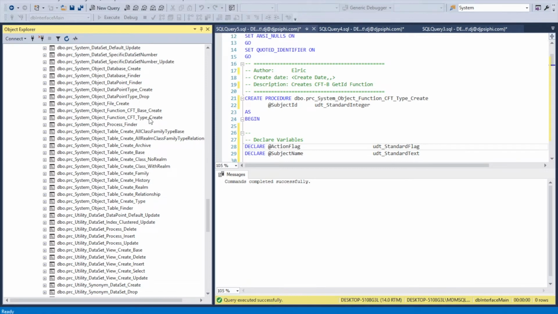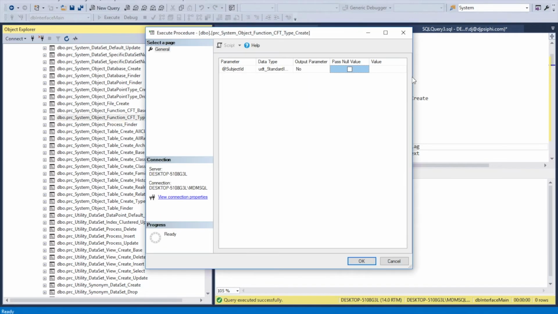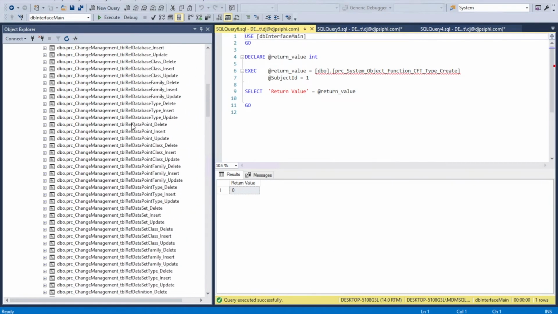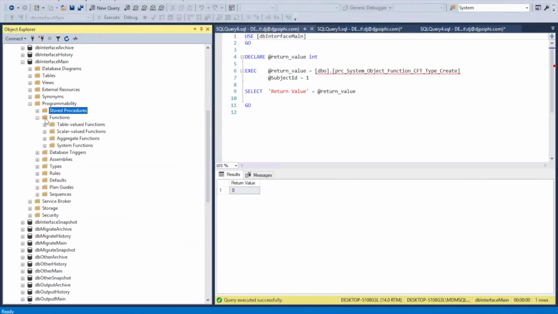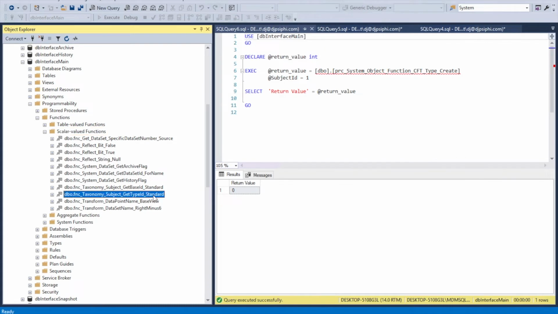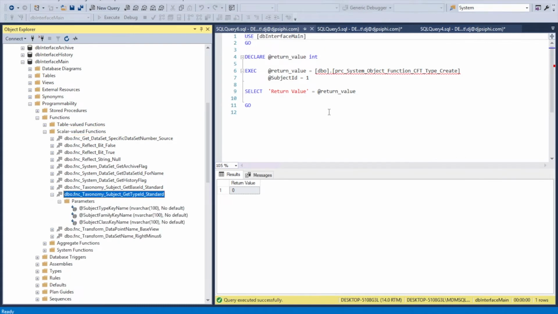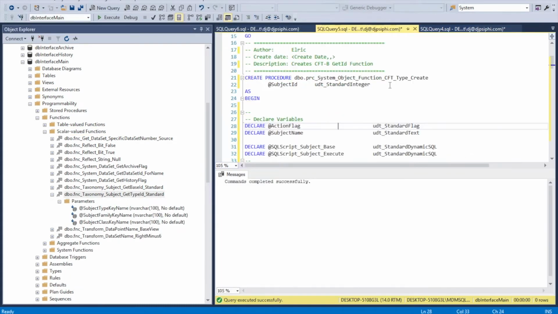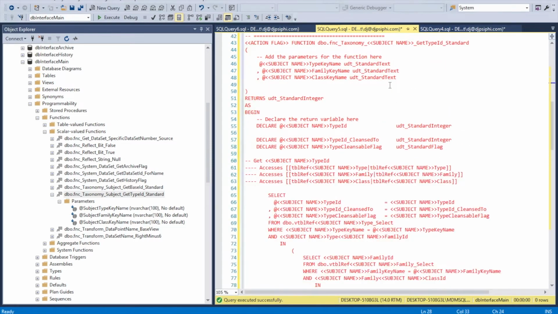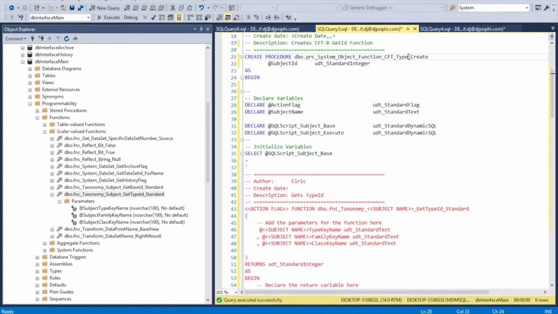Object, function, type. Just set it a 1 for subject. And we'll double check. Yeah. Beautiful. And that's the same pattern over and over. So now we drop 1. And I believe